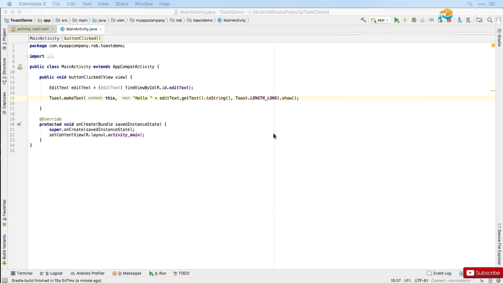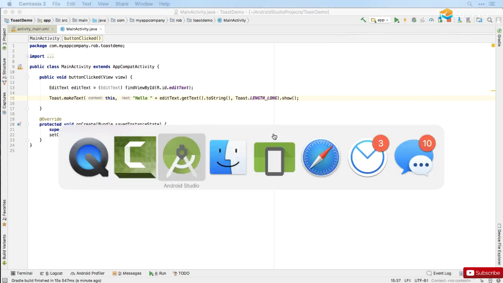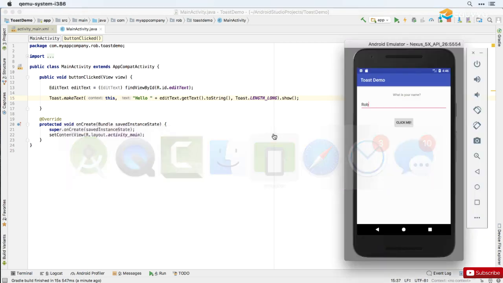Simple as that. So I hope that went well for you, and I hope you're starting to get the idea of how these 2 files work together to control the layout and the functionality of your apps, and also how you write some basic Java to make your apps respond to things that the user does and display data back to the user. So we're almost there for the end of this first section. We've just got one more thing to learn how to do, and that is how to add images to make your apps look far more exciting and inviting. So we're going to learn how to do that in the next video, and then we'll be able to make the big app of this section, the